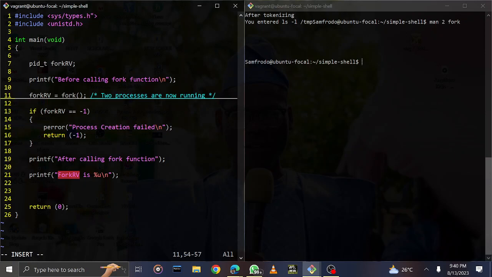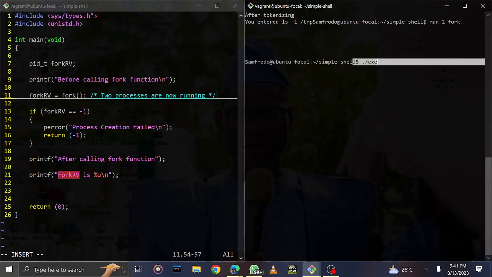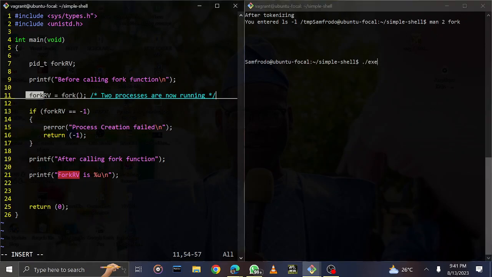Now, the process that was running from line 1 is the parent process, because like we said, if you start running a file like this, dot slash, let's just say exe, a process will be created for this file, right? It will be loaded in memory and it will get a process ID. That is why, remember when we did getpid, it's going to print out the process ID of this particular instance of execution of this file. Now, on line 11, when you call this fork system call, it is going to create another process by default,